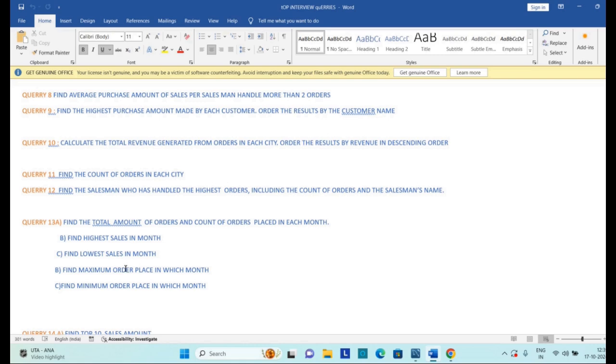Find the maximum order placed in which month. To find the maximum order placed in which month, I have to do one thing: group by, order by, and write sum as total sales, order by total sales.